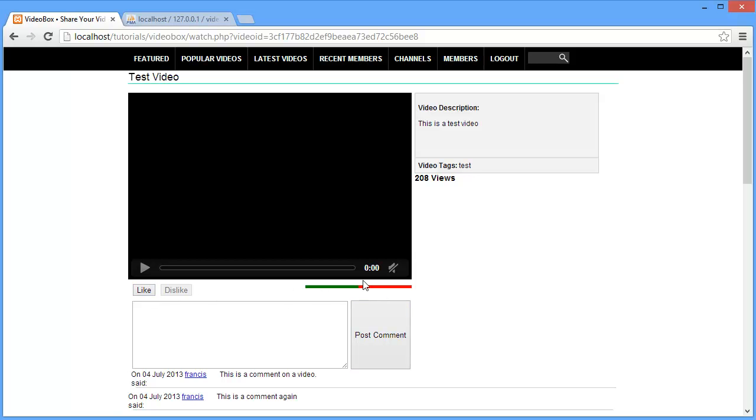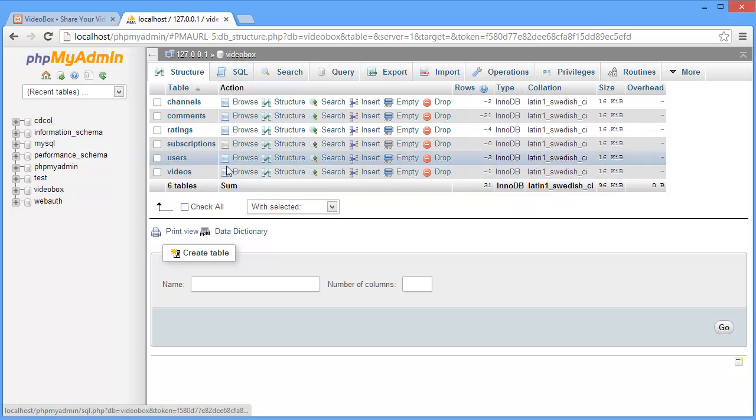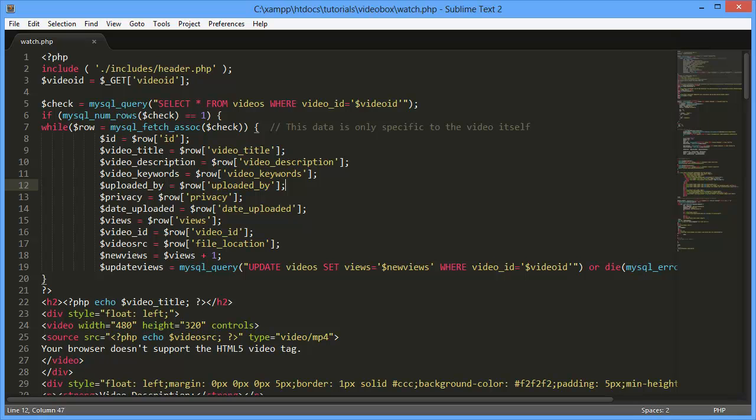But the problem is when we do this and we go into our database and we hit browse, or I mean not on the videos table, let's go out, the ratings table, you can see now we have 4 ratings and they're all by me and they're all on the same video. So what we want to do is we want to make it so that it just overwrites our existing rating. So if we come back into our code here,